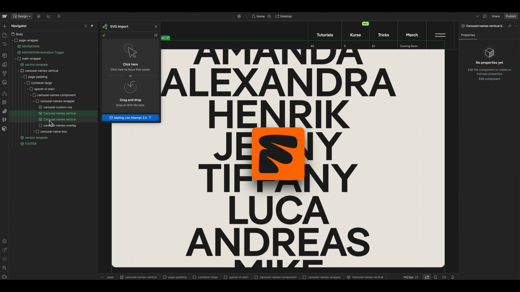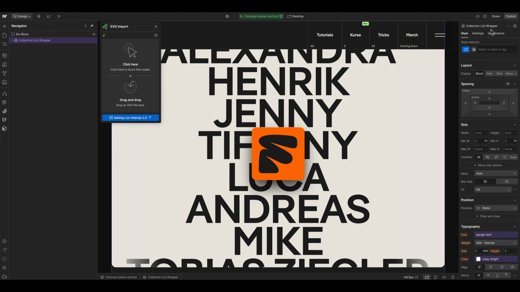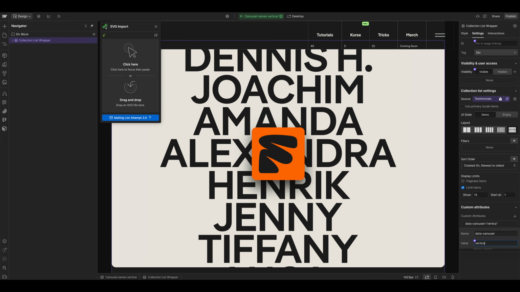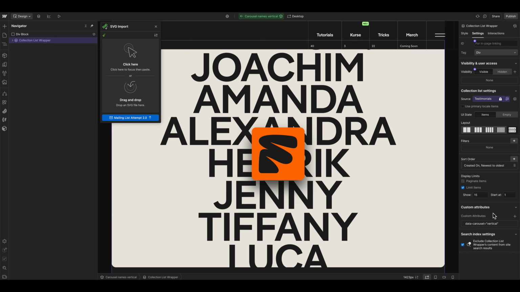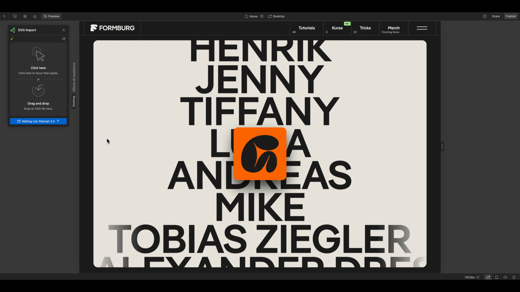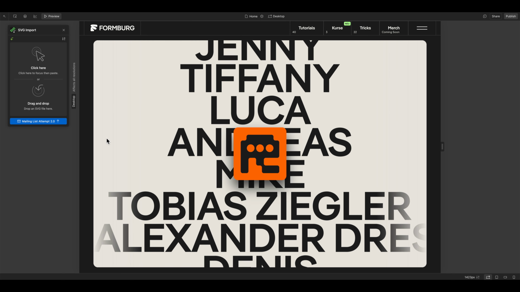If at some point you want to stop the infinite scrolling marquee from looping, you can just go into the component and go to the attribute and delete the value, and this will stop the marquee from scrolling, and then you can insert the name again, and then it starts looping again. It's a pretty nice little effect, which you can find in the free clonable linked in the video description.